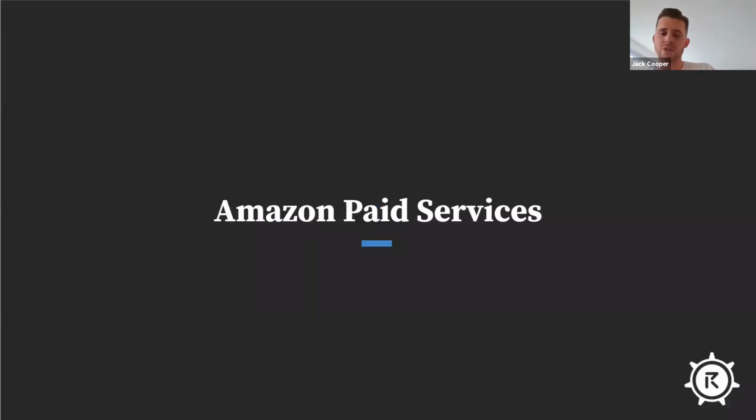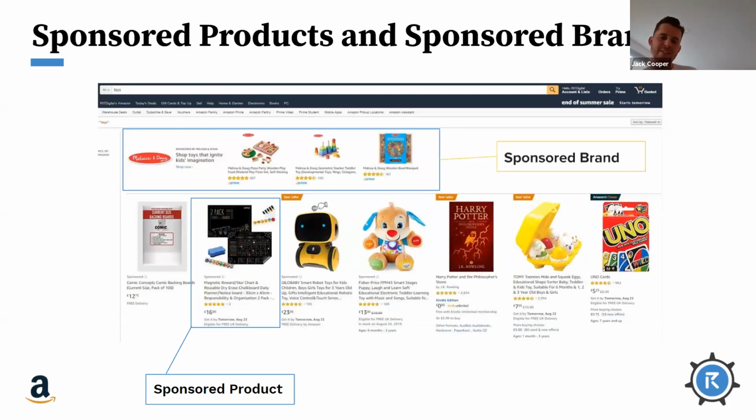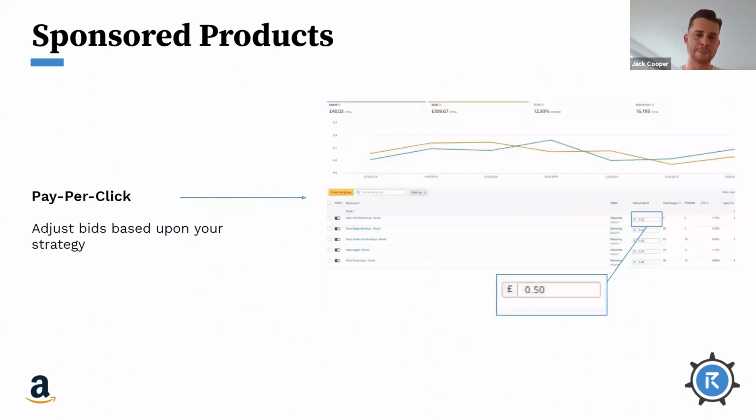Cool. So finally, we're just looking here at the paid services. There's 2 main positions in the advertising within Amazon: sponsored brand and sponsored product. There are a couple more that I'll touch on. You can see here, this is a search for toys. The sponsored product is where it says sponsored within the search results page, and the sponsored brand comes as a headline search ad there. That can link through to the store, which I just referred to. So in terms of a click-through, you would use a sponsored brand ad there.